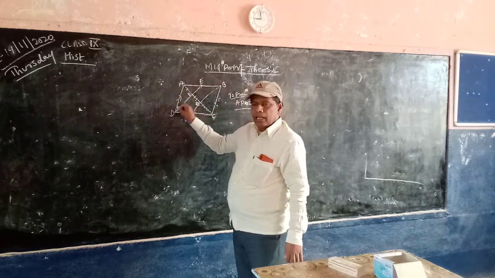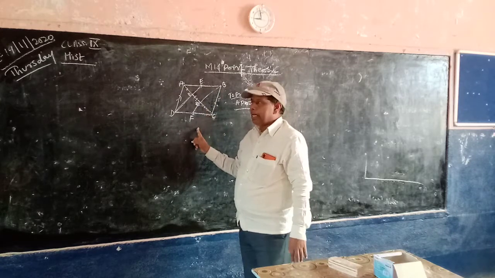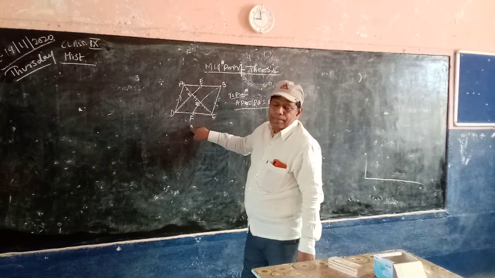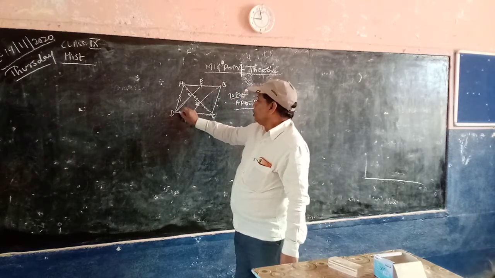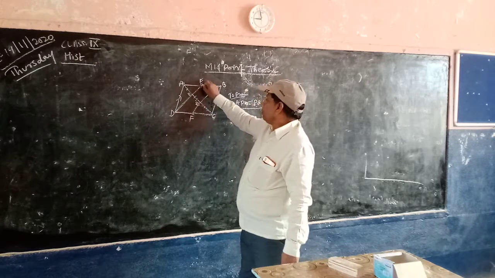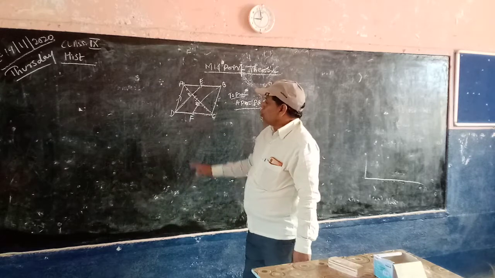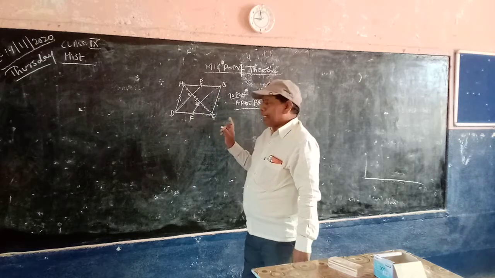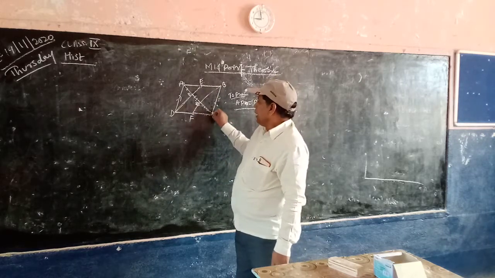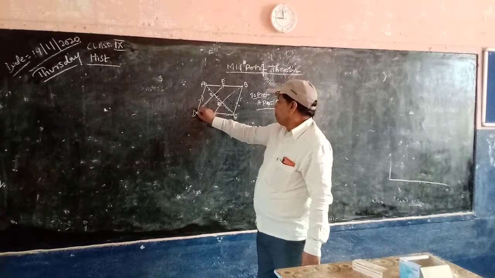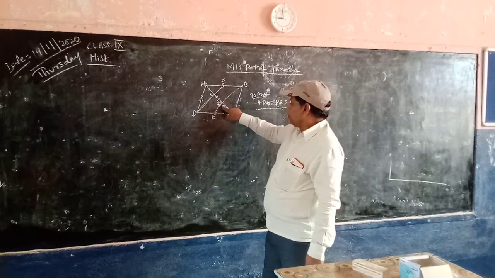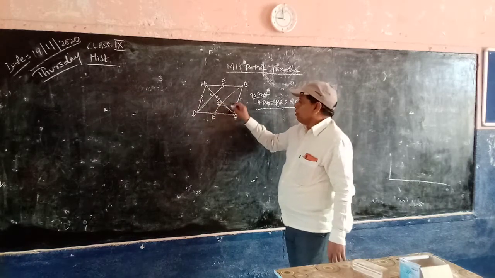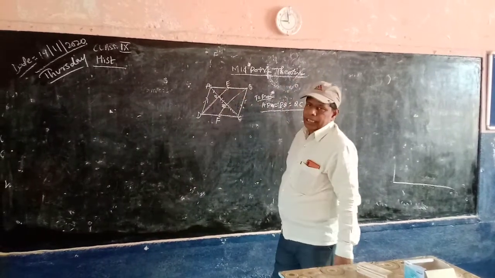First, ABCD is a parallelogram. E is the midpoint of AB. F is the midpoint of DC. So DF is equal and parallel to BE. So DEBF is a parallelogram first. And then write, first in triangle CPD, F is the midpoint of DC and FQ is parallel to DP. So Q is the midpoint of CP. So PQ equals CQ.